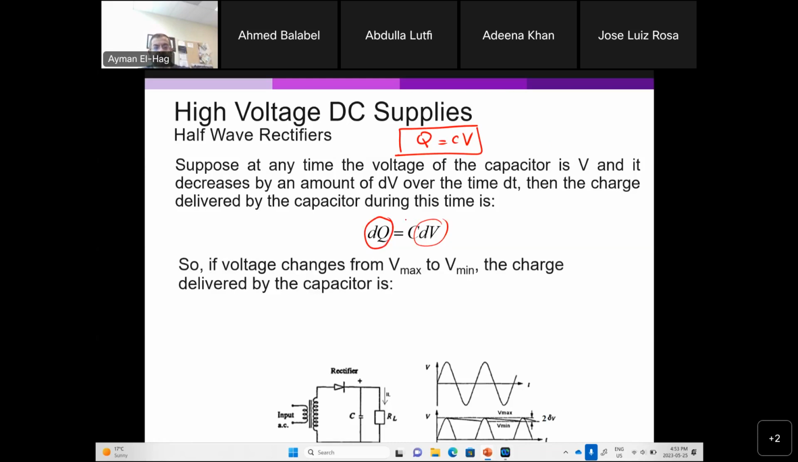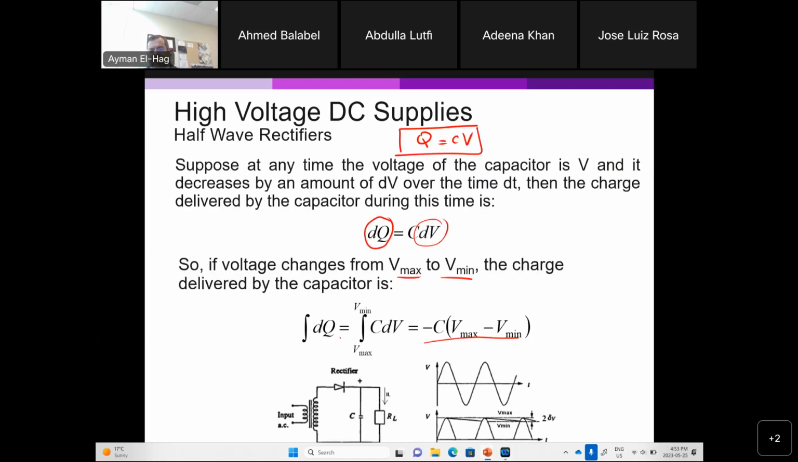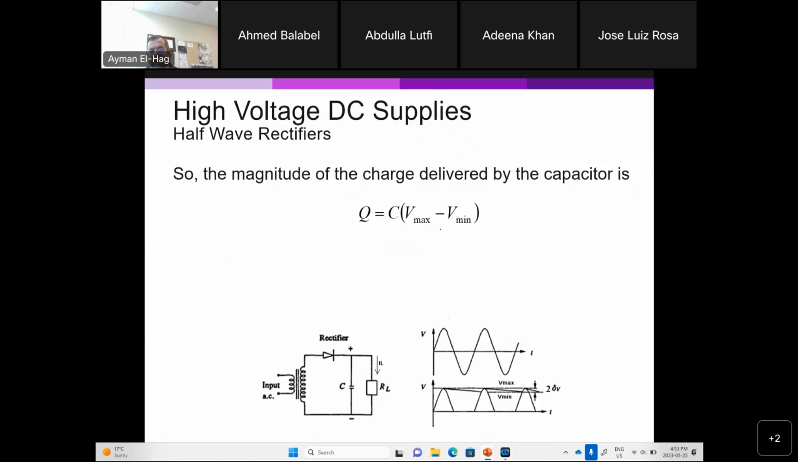dV. Now, when the voltage changes from V max to V min, the charge delivered by the capacitor will take the integration of C dV from V max to V min, and that is the integration of your charge. Now, if you substitute here, from this integration of dQ, your Q is equal to C of V max minus V min, and Q is equal to, so we know